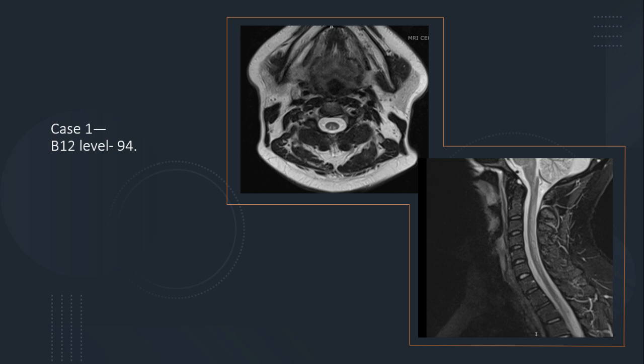So when we did the workup on this patient, he turned out to have a very low vitamin B12 level, and he later on confessed to using Whippets, which contain nitrous oxide and are known to reduce vitamin B12 level. Probably he was already having a low vitamin B12 level, and he used it, and that sudden drop in level caused this condition for him. And he responded very nicely to B12 supplementation.